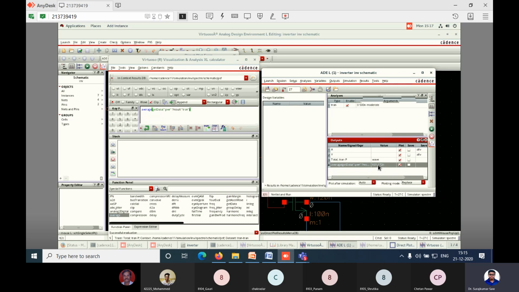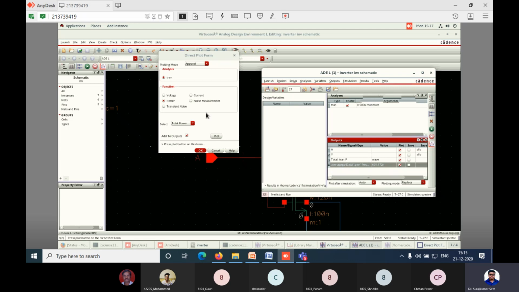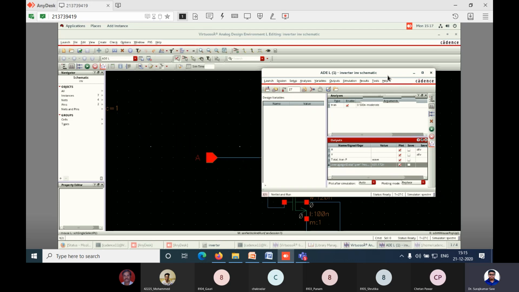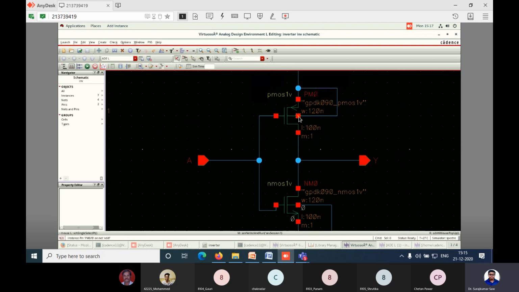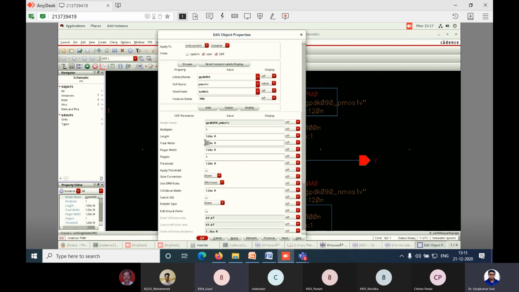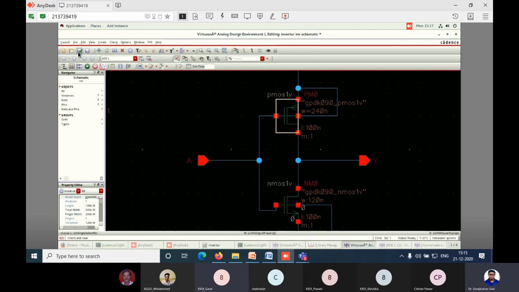See, why we have put this expression in the ADE window is because, you can close this calculator tab, no problem. Let's say now the width is 120, and I want to change the width to 240.